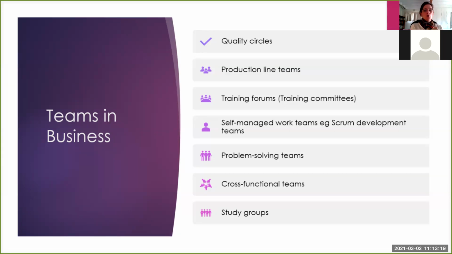All right. So some examples here, they talk about quality circles, and some companies have them, they're almost like a team that just monitors quality in a company. You can have production line teams, pretty much what you're saying. Your manufacturing team is a team, and often in manufacturing, they work very closely together because it depends on their shift work, and they really deliver. And they usually become very strongly bound together, highly effective teams. In a company, you could have a training forum, almost like a training committee, and that can be either a group or a team.